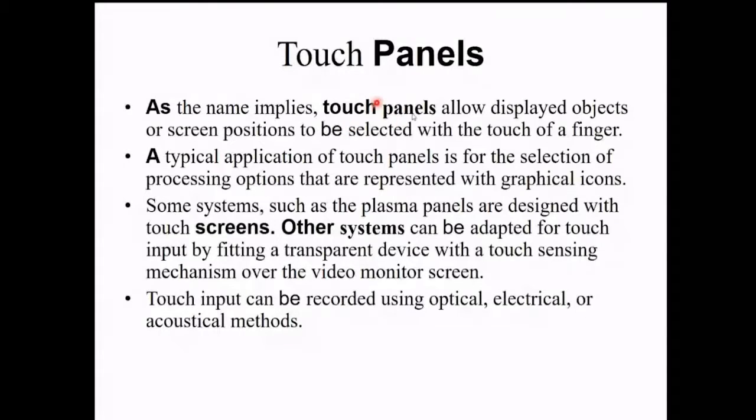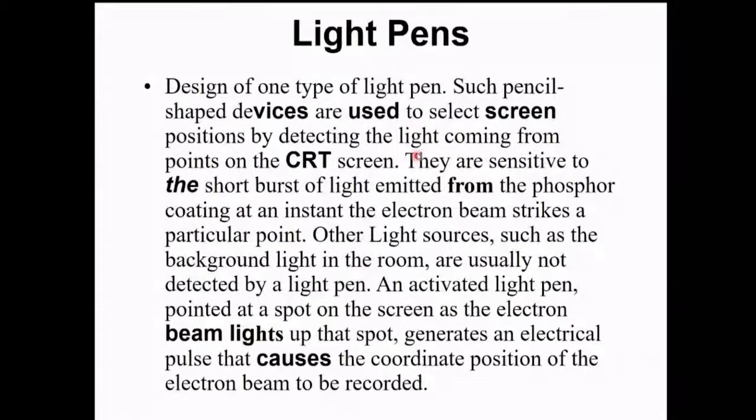Okay, then we have light pens and then voice systems. So a light pen is a device used like this: if you have one computer and you have a device known as a light pen, and you are reading some PDF or something online and you want to highlight some paragraph or some line, you use the light pen directly on the computer screen. Once you are able to focus on that particular line or paragraph, you can highlight it. So you'll say, yes sir, this is a very effective device,